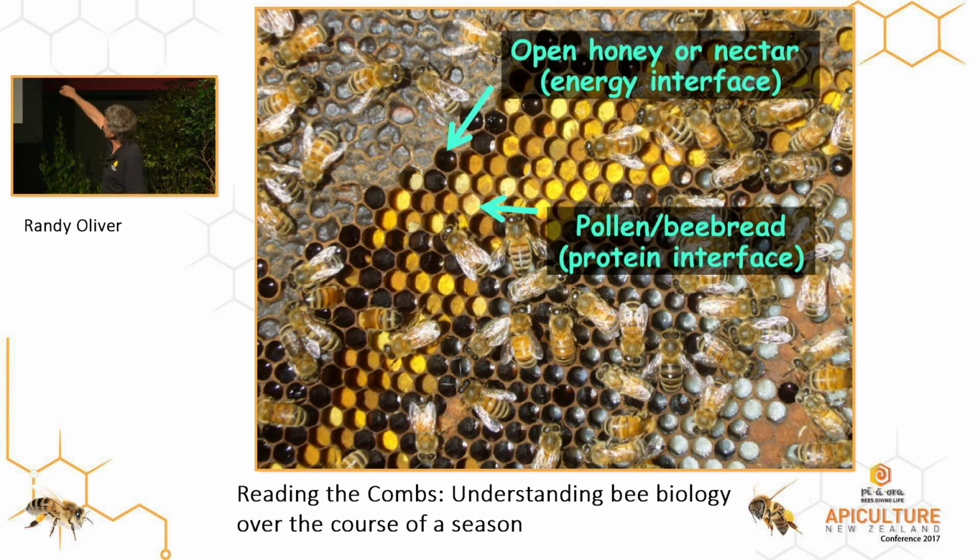This is the protein interface of the hive. So when the foragers are bringing in pollen, they pack it in the cells, and the nurse bees immediately eat that pollen. It's tough in a beehive to store pollen because there's lots of things that would like to eat it. There's insects, there's bacteria, there's fungi that will readily eat up that pollen. So the first thing the bees want to do is to consume it and put it inside their bodies. That's the safest place. So the nurse bees eat it as fast as the foragers bring it in and digest it and convert it into vitellogenin and store it within their bodies.